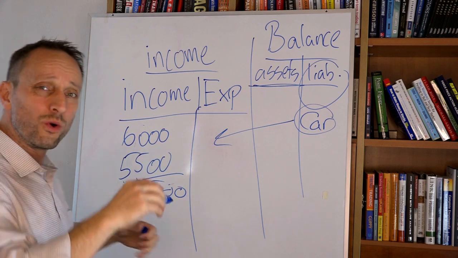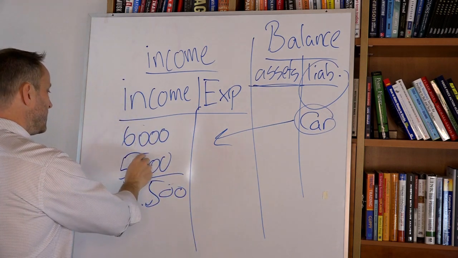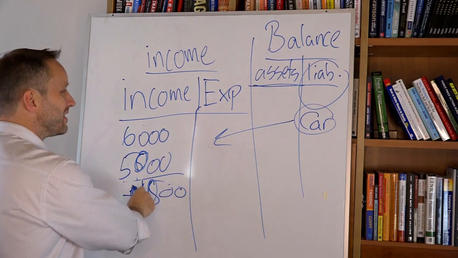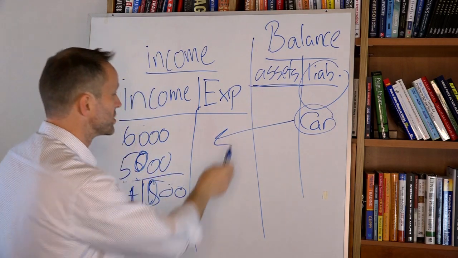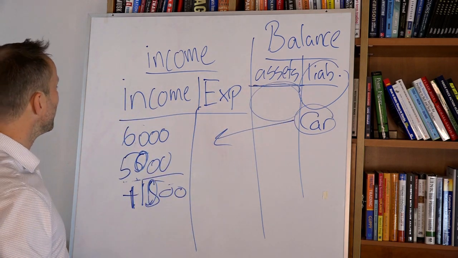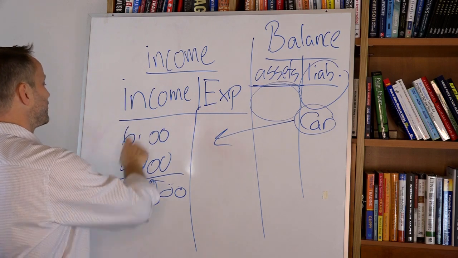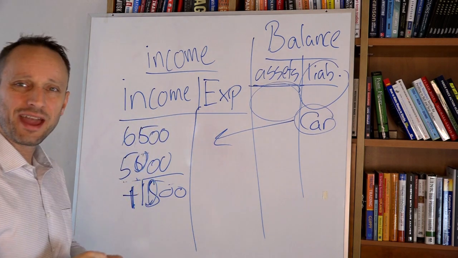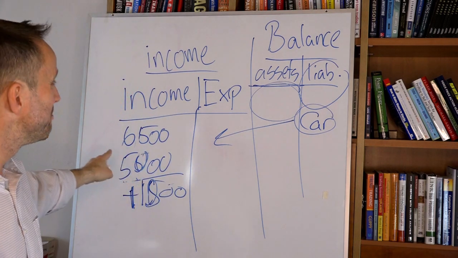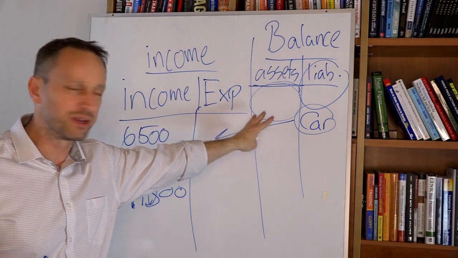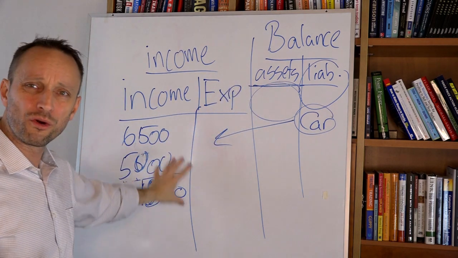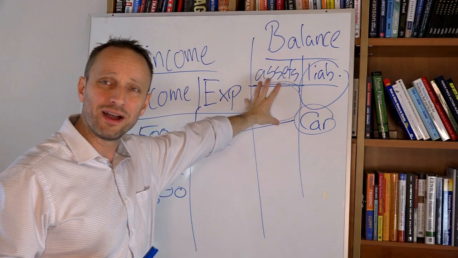But let's say that over a year, let's get back to the $1,000 positive every month, that you spent this $1,000 buying assets that now give you an even higher income. Let's say that after a year, you are now earning 6,500 every single month because you have invested your money in some good stuff. Well, now you have even more surplus every month that you can buy assets with